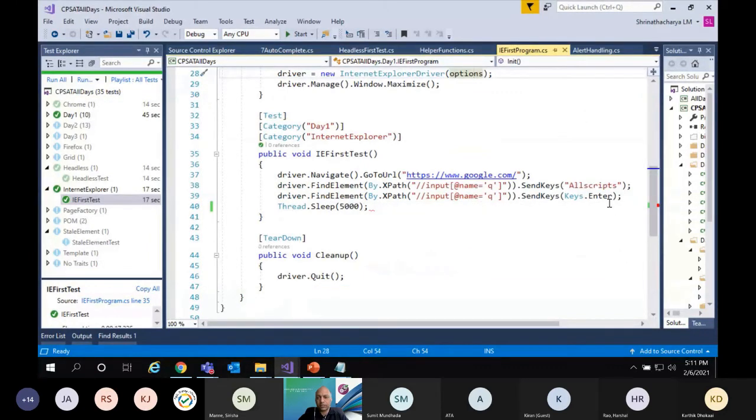Okay, Google search, here I'm typing all scripts, finding the object and entering all scripts and run.